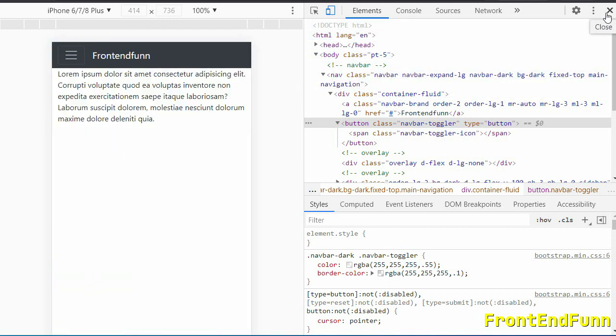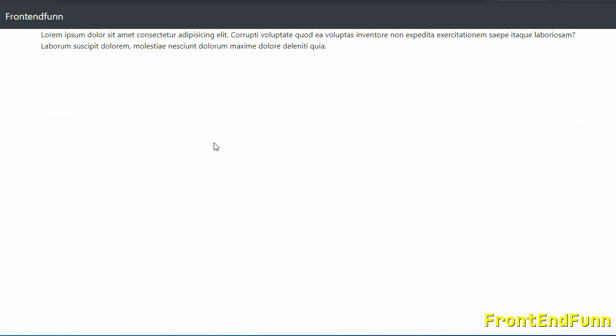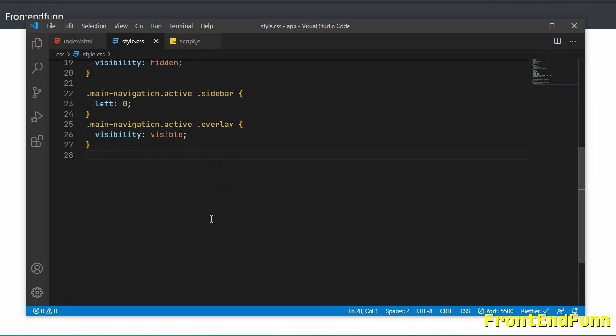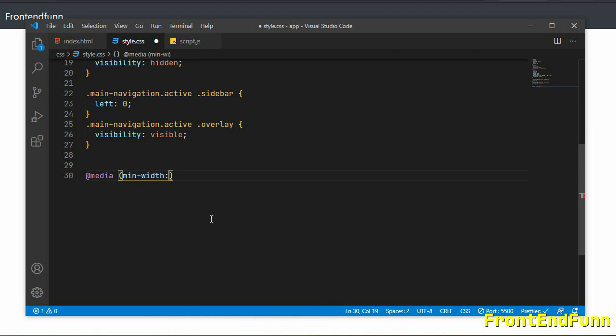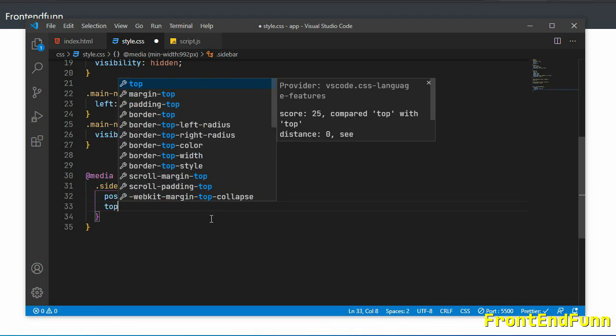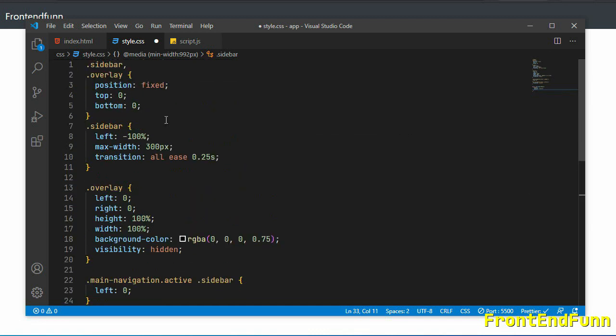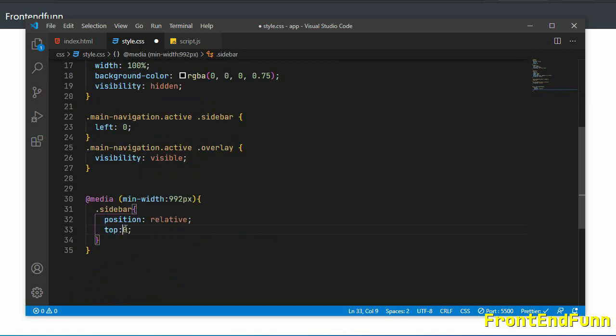Fine, so let's see on the large screens. So on large screens we are missing the nav link, so let's adjust the CSS here again. So I'll use media query, so media min width, so min width should be 992 pixel, that is the breakpoint which Bootstrap uses. Okay, for the sidebar we'll set the position to relative, and because we have set the top to 0 and bottom to 0, I'm just setting the top to auto here and setting the bottom to auto,